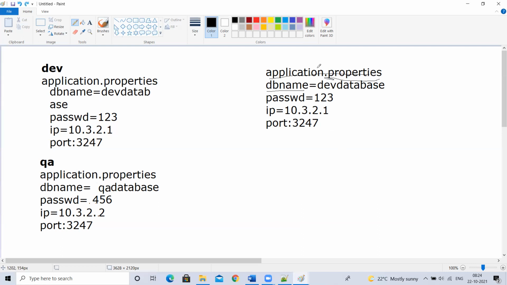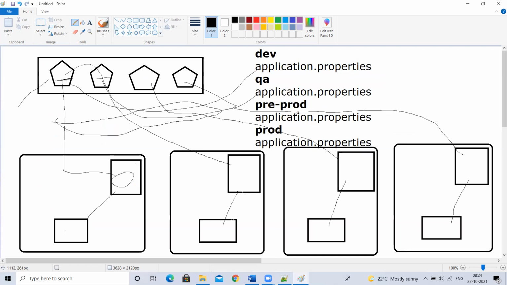Now we are utilizing that application.properties in Maven as one of the concepts, so I just want to explain that. Is it clear for you guys? Yes, sir. Sir, I am not from a computer background, sir. I'm not understanding these environments and where all these servers and databases will be.